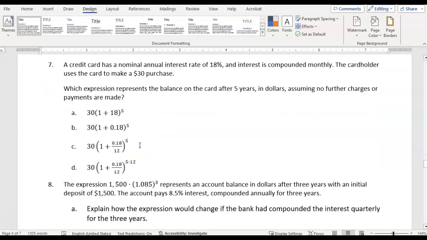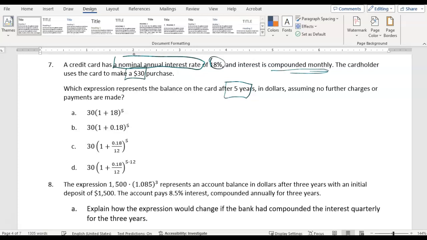Number 7, a credit card has a nominal interest rate of 18%. That's what they say it is for the year, but it is compounded monthly. So here's that part where we need to divide. The cardholder uses the card to make a $30 purchase. Which expression represents the balance on the card after 5 years in dollars, assuming no further charges or payments are